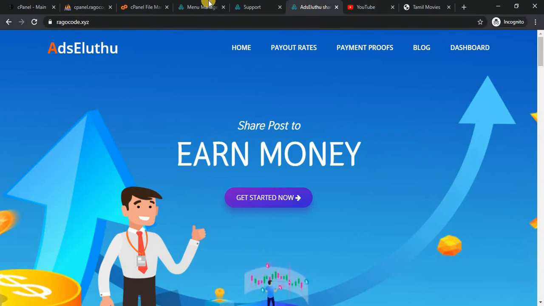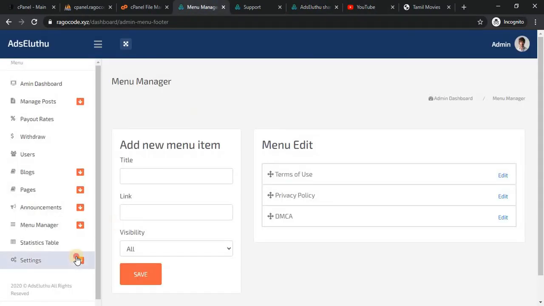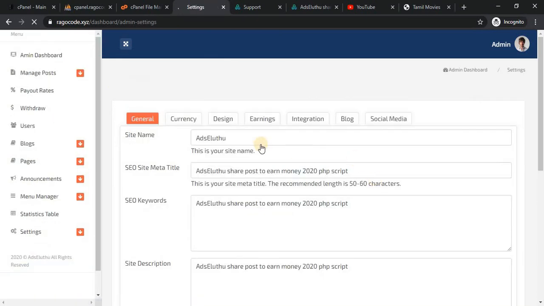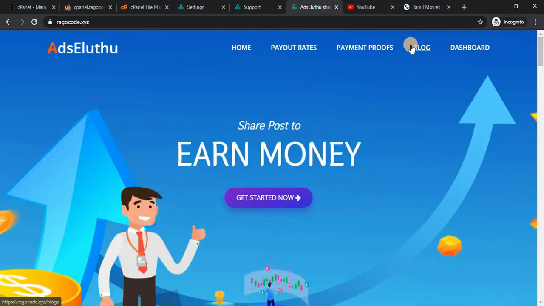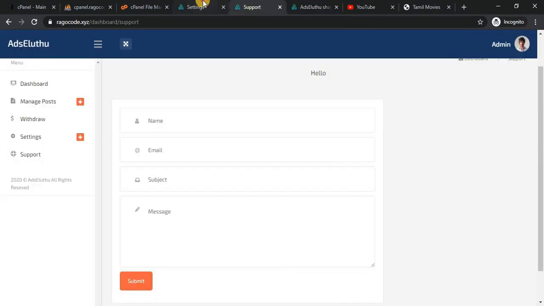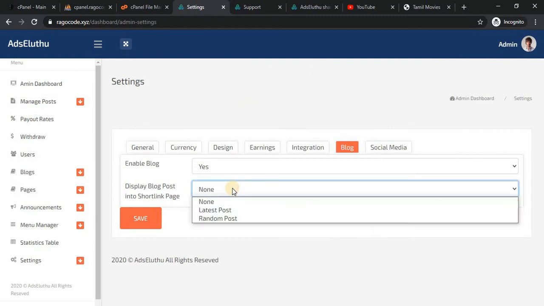The another one is blog. Go to settings and click here the blog. If enabled, the blog will be displayed here. If I now set no and save it, the blog is not displayed here. The use of the blog is to display the blog posts in the get post page.